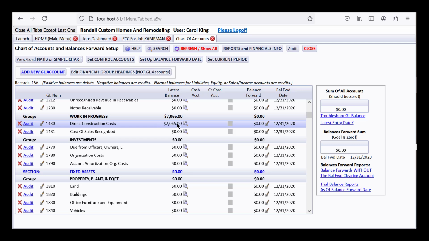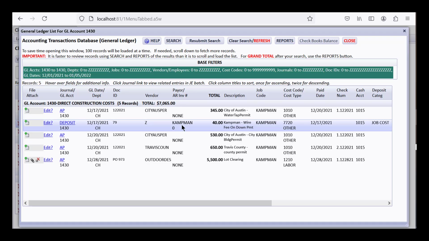so you can see the amounts for each job in the account. But what I'd like to show you is if I click on this icon right here, I can see the current detail behind the current balance in the account for our direct construction costs, which is our work in progress account, and you can see things listed here. Now I'd like to show you that one of these says it was in the deposit journal, and that was because this was a deduction from our deposit for a wire fee